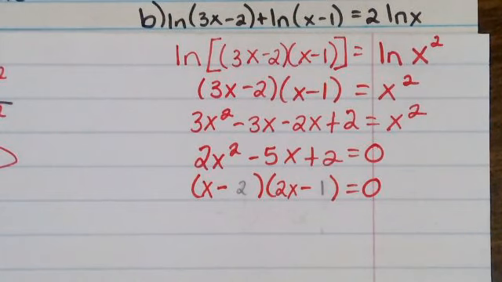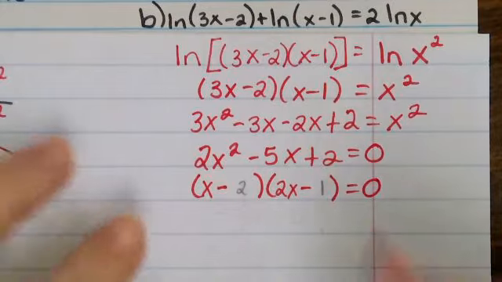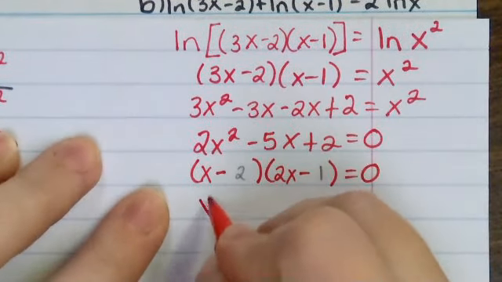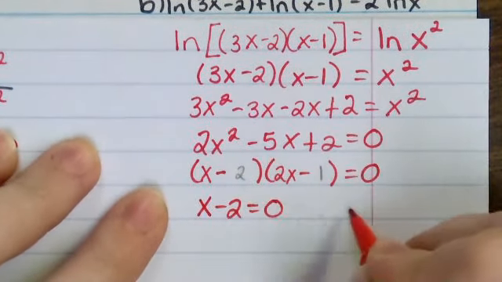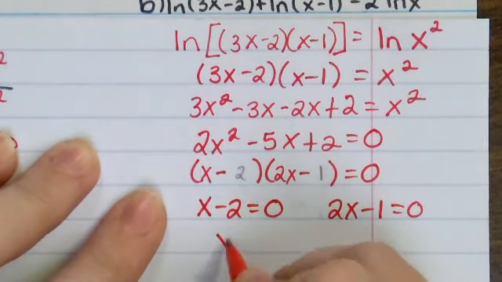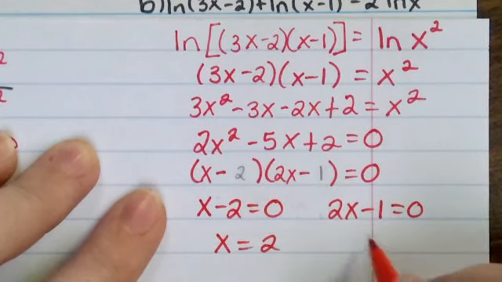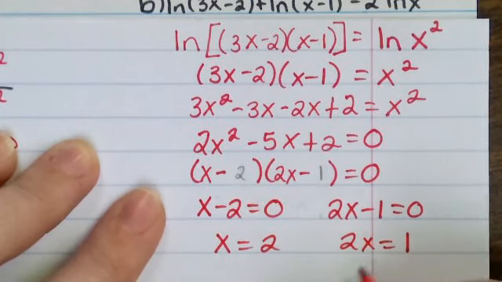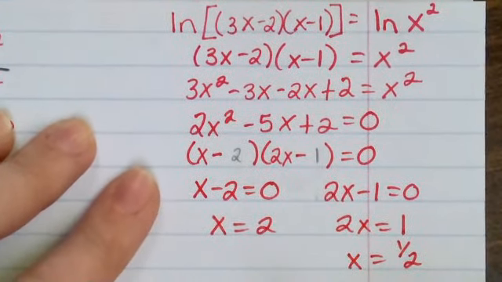All right, so next part, let's actually solve it. So we've got it factored. Solve each of these for 0. So we have x minus 2 equals 0, or 2x minus 1 equals 0. This is x equals 2, or 2x equals 1, x equals 1/2. All right,